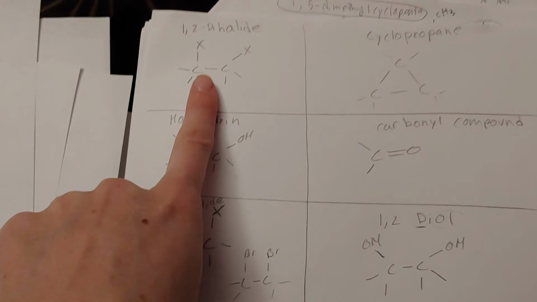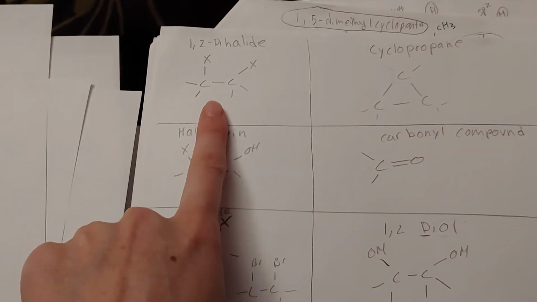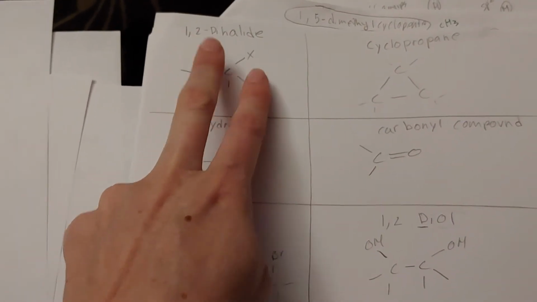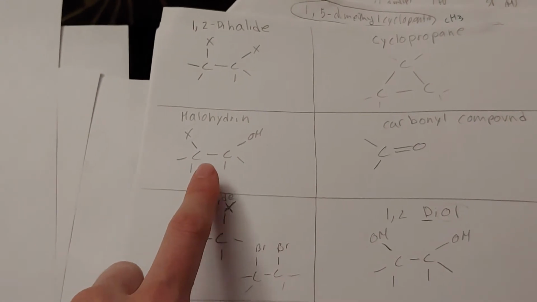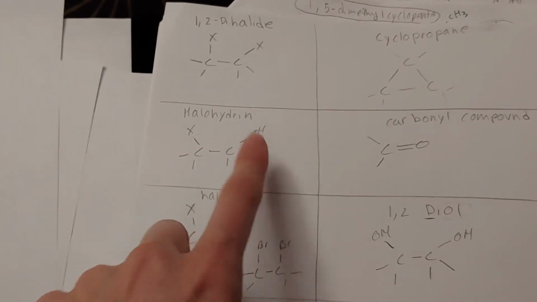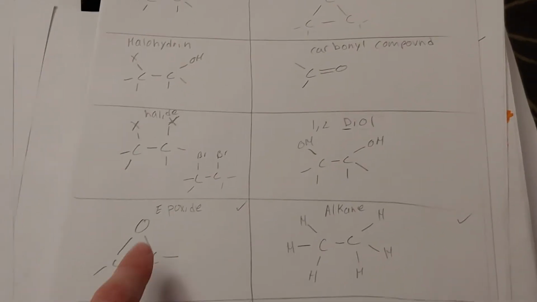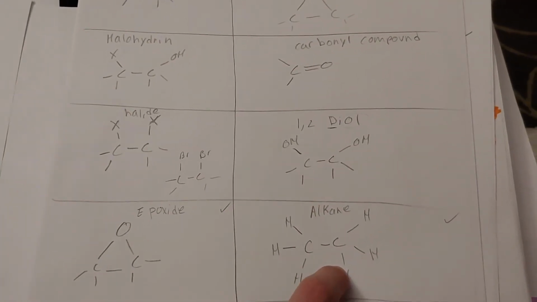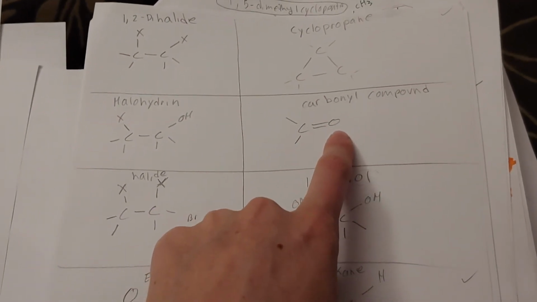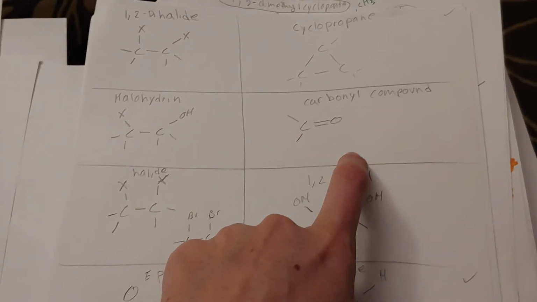I think you should have already memorized these by now. Of course, we have 1,2 dihalide. These are 2 halides, 1,2 dihalide. We have a halohydrin. This is a halide. This is an epoxy, alkane, we know that one. 1,2 diol, carbonyl compounds. Remember, the car has the M&Ms, and this is